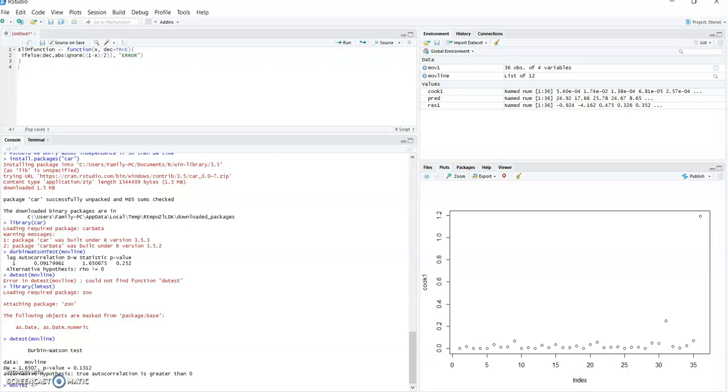The only reason I put a one after it is because RStudio has a lot of built-in files, and I want to make sure I don't accidentally load in a file that was already in there. So I put a one after it in hopes that there's nothing called movie one. So movie one, and actually it's not movie, so moving one